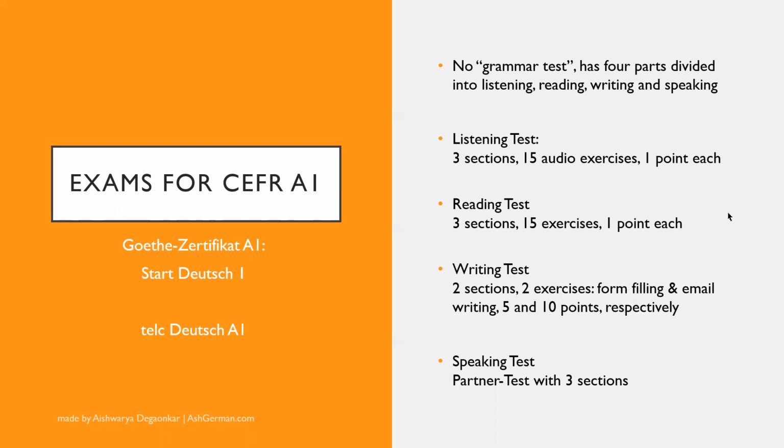So with that being said, once again to give you a quick recap, in the Start Deutsch A1 as well as telc Deutsch A1, we have 4 sections. We have listening test, reading test, writing test, and speaking test. And because these 2 exams are identical, in the previous video I had walked through the Start Deutsch A1 exam, and I will be continuing the same exam in this video as well. So moving on,